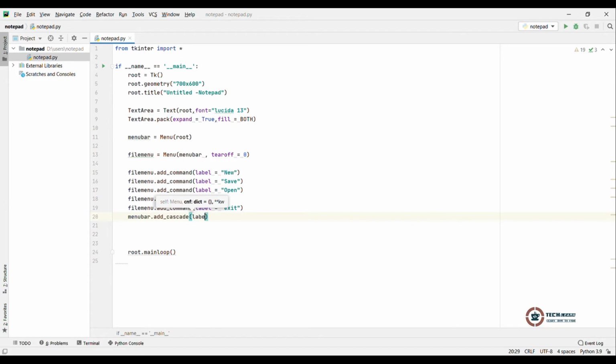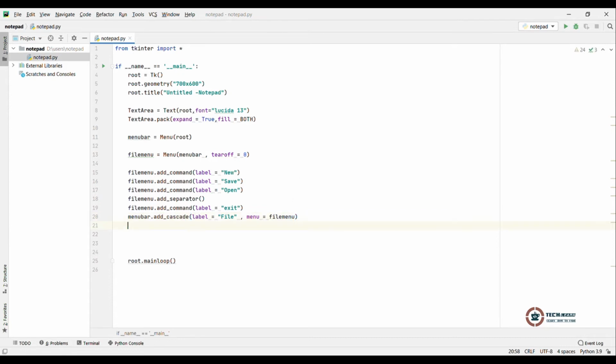The label should be File, and the menu is equal to file menu. Now if I save this,